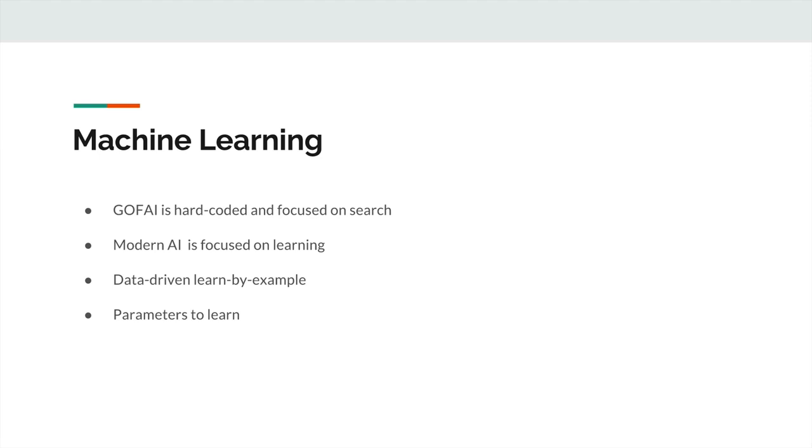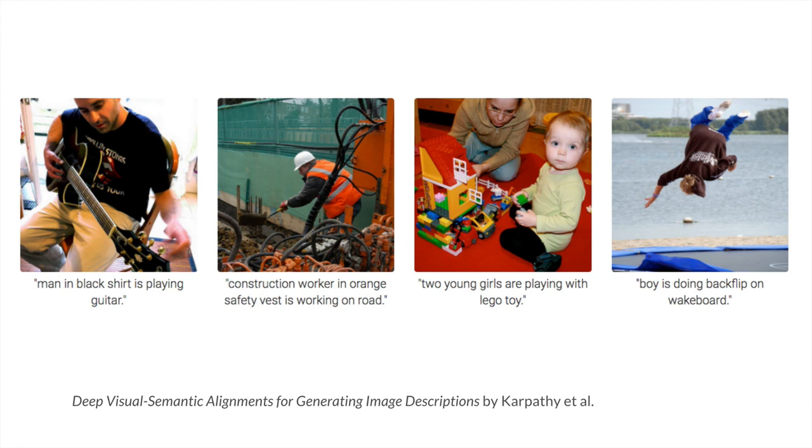I'm going to give you lots of examples of these. And the last point I mentioned, that there are parameters that you learn. You use these parameters so that when you get new data, you can do whatever task you want, whether that be classification or regression. We'll talk about those a bit later. But let's actually look at some of the cool tasks that you can do. I selected a couple of research papers that talk about the different cool things that you can do with AI.